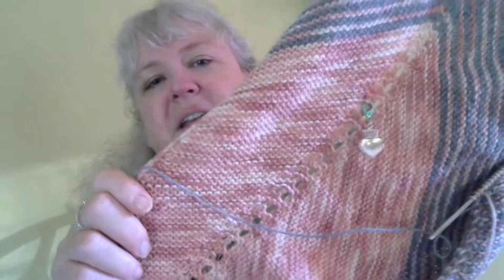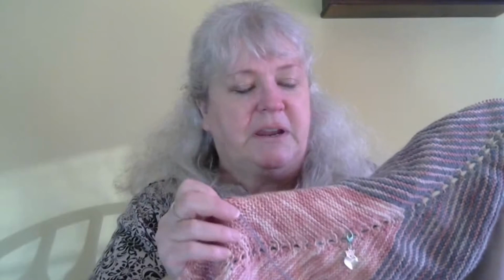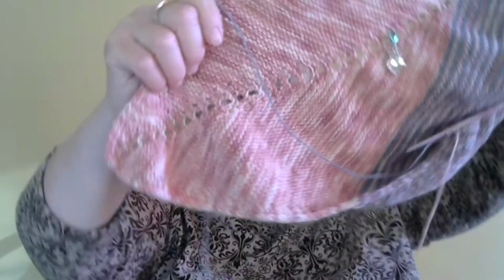I really am pleased with how the gray and the rosy kind of pink look together. I was thinking when I bought this, this was a little bit lighter of a pink, more pastel-y pink, but I think it'll work. So, and I was watching